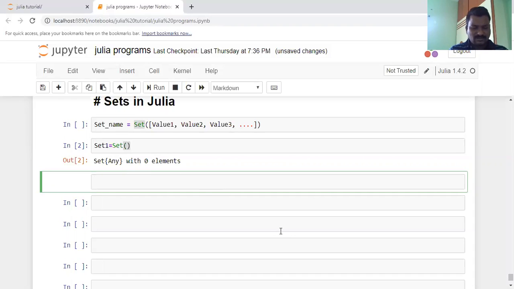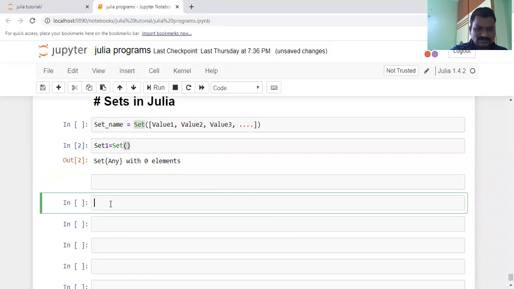For example, I am going to create another set, set 2. Set 2 consists of some elements.